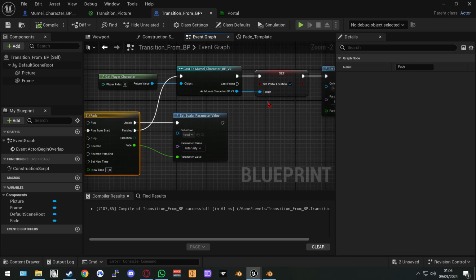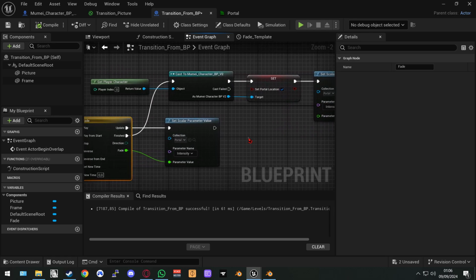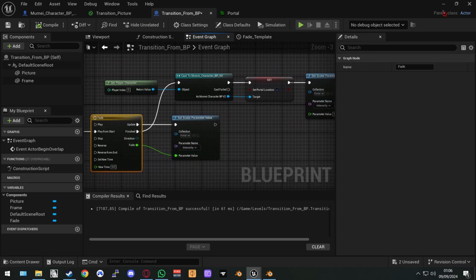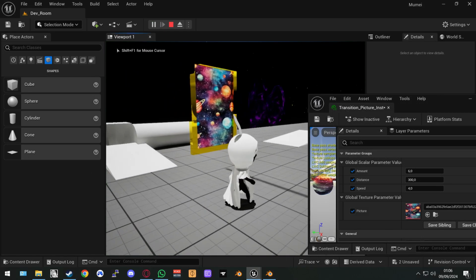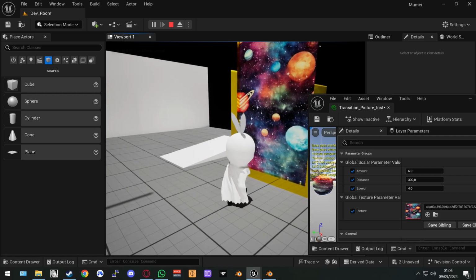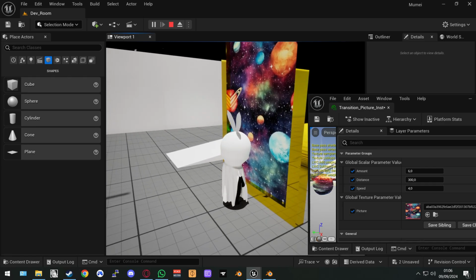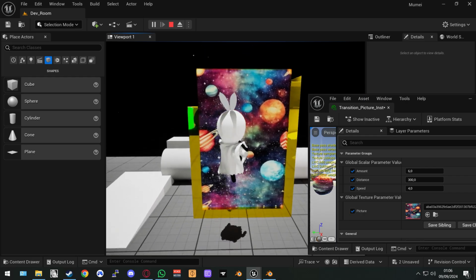And once that's finished, it's going to set the location back and reset the intensity that we set here. Because if we do that with exactly these values, it's going to look something like this. So you get closer and closer and closer. It starts to slightly wobble. And if you actually jump through, plop,